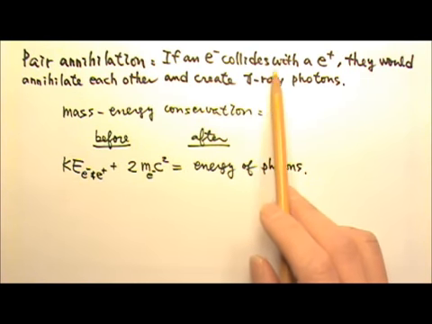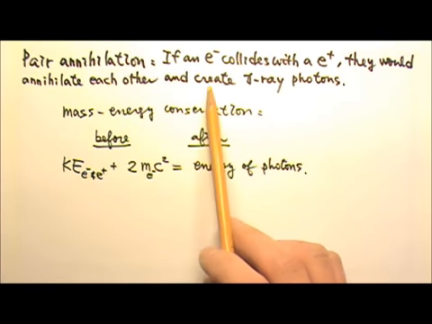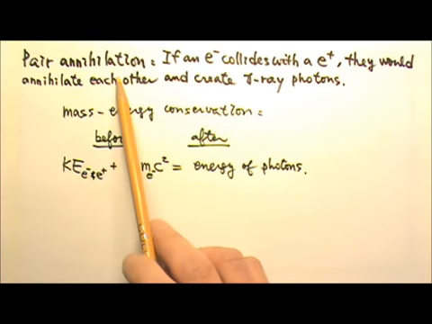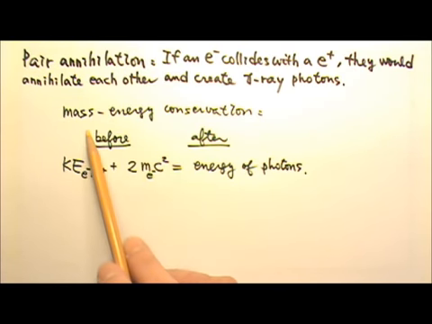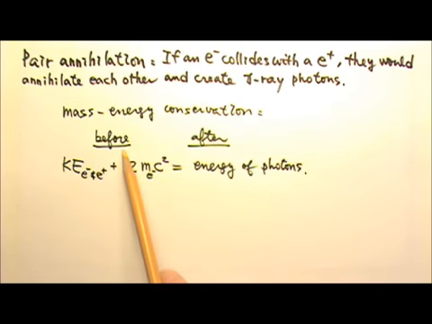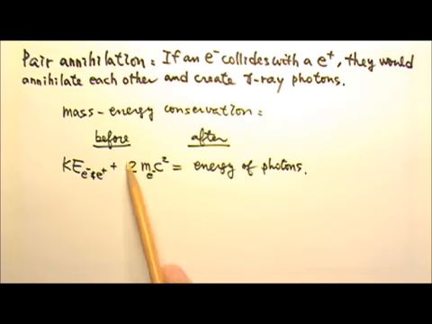If an electron collides with a positron, they would annihilate each other and can create gamma-ray photons. This is called pair annihilation. In pair annihilation, the mass energy is conserved. Before the annihilation, the electron and positron's kinetic energy plus their E equals mc squared turns into the energy